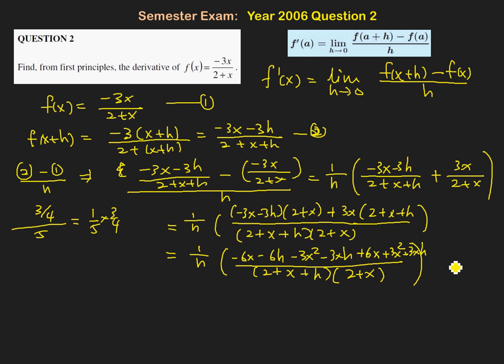Okay, so 3xh, negative, positive, they cancel each other. Positive 6x, negative 6x cancel, and a negative 3x squared and 3x squared cancel. So everything is out except for this guy here, and so you're left with 1 over h, negative 6h over this,